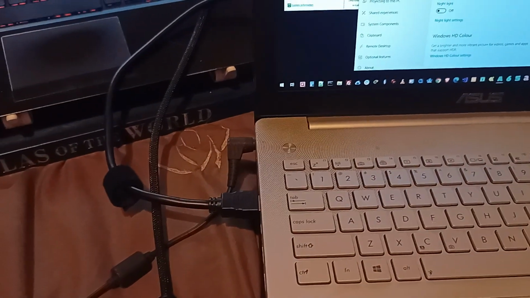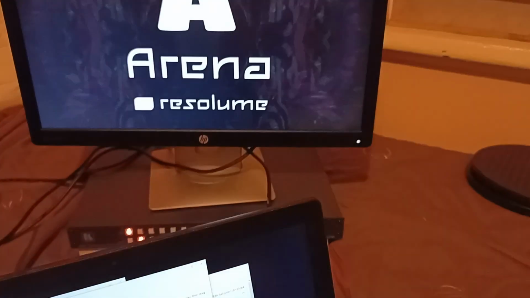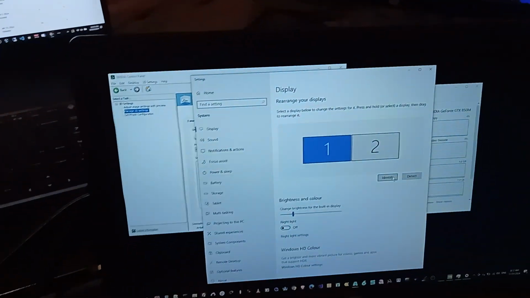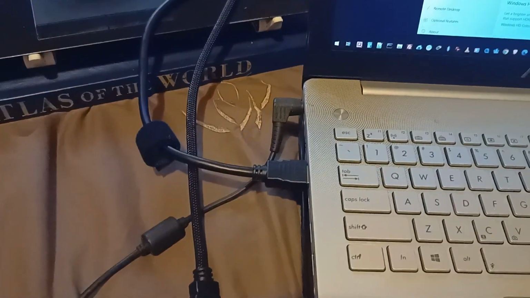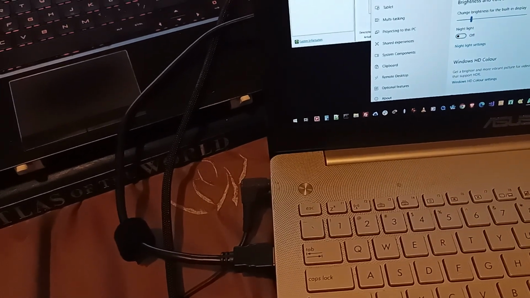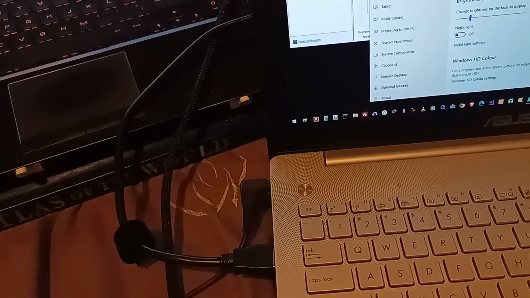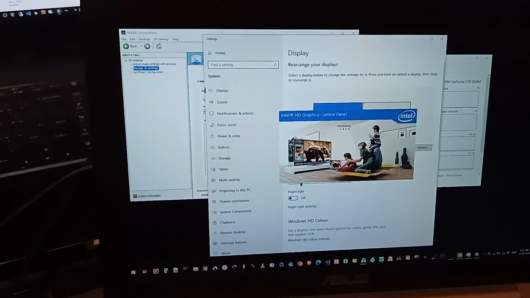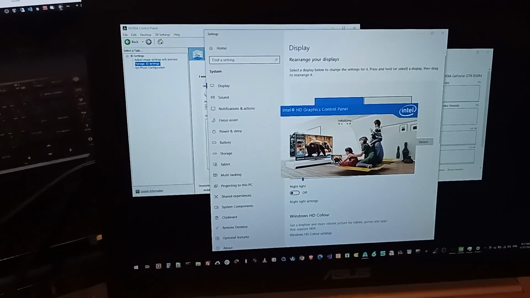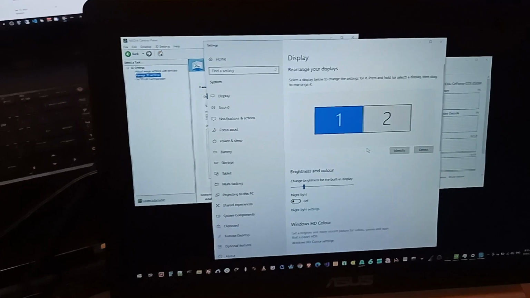The external screen is connected directly, well, more or less, by HDMI. This HDMI is actually going into a matrix, but aside from that, we'll just say that it's an HDMI output. And I believe that the HDMI output is actually connected to the Intel internal processor. So the Intel graphics control panel has options for controlling both the